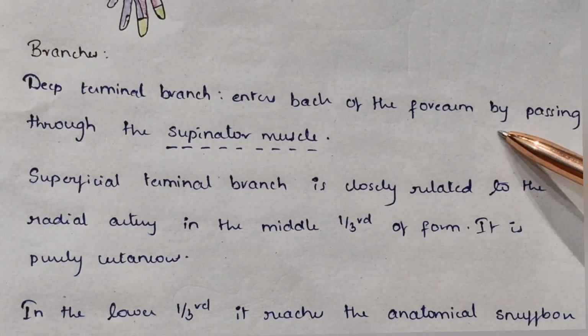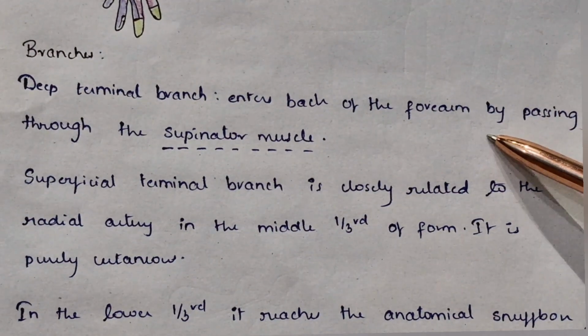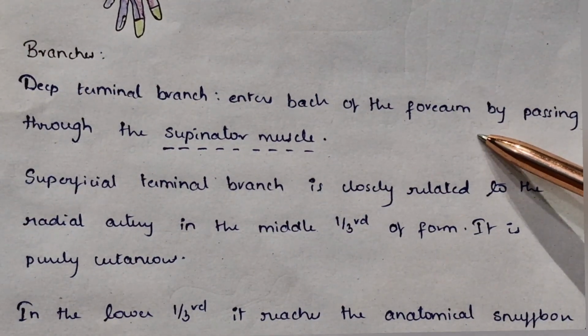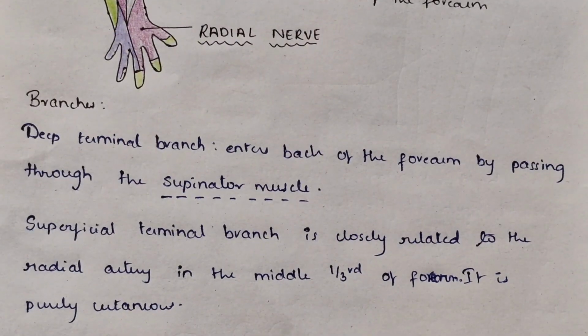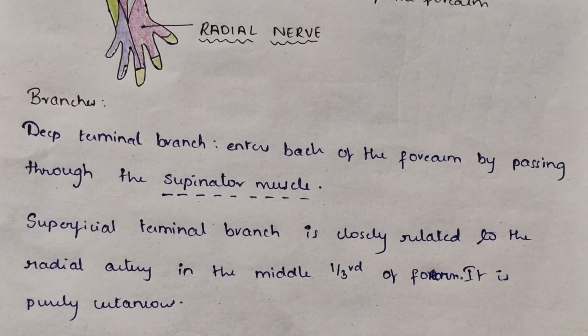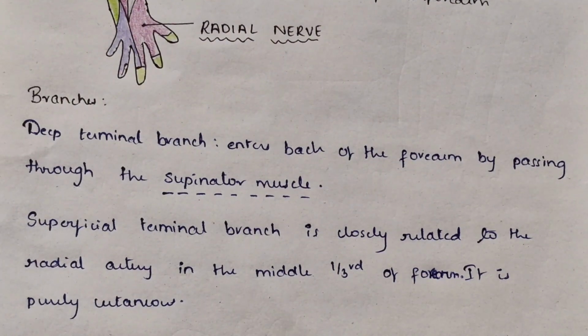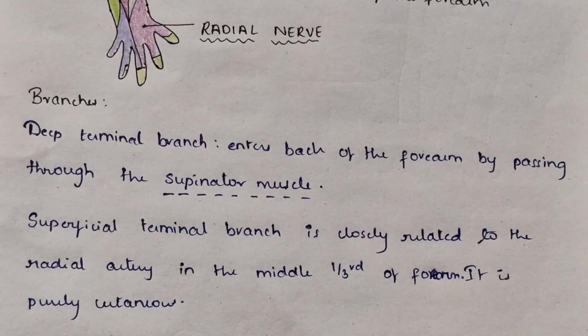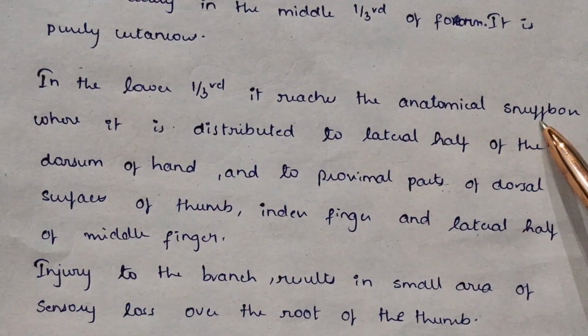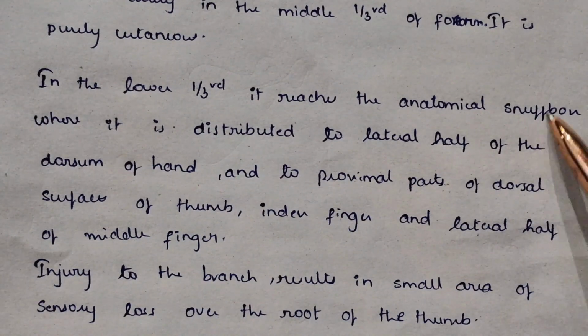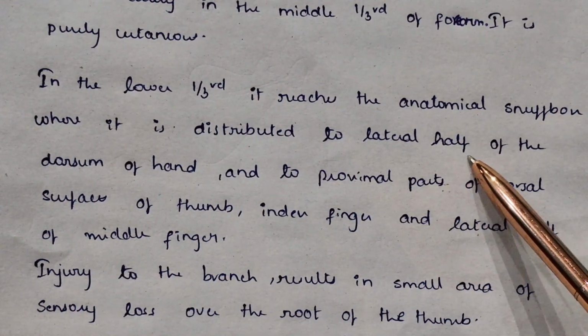Branches. The deep terminal branch enters the back of the forearm by passing through the supinator muscle. The superficial terminal branch is closely related to the radial artery in the middle 1/3 of the forearm and it is purely cutaneous. In the lower 1/3, it reaches the anatomical snuff box where it is distributed to the lateral